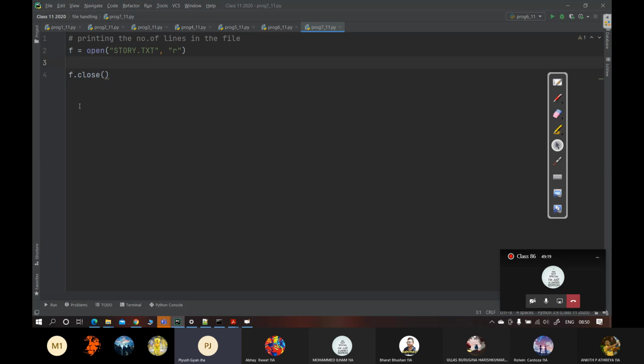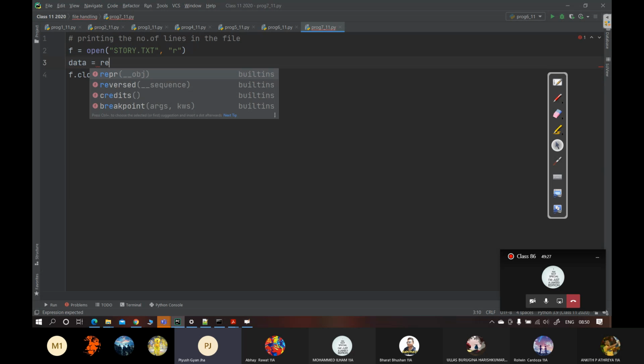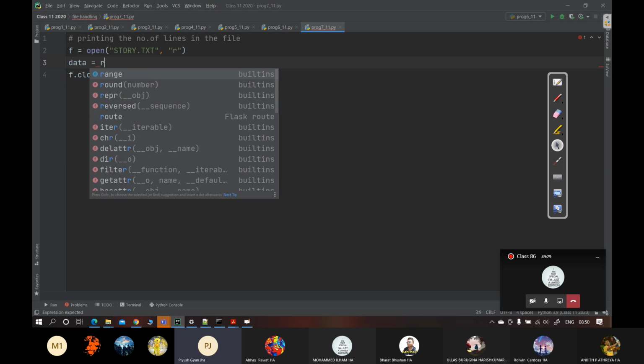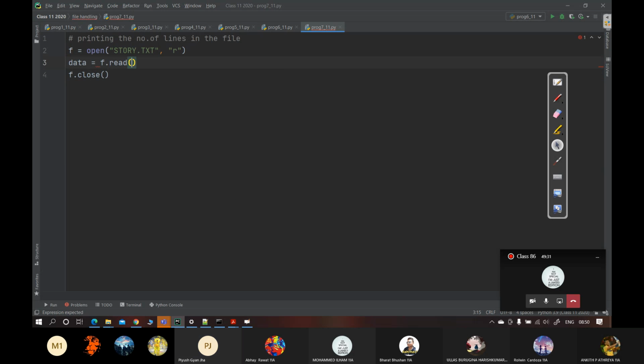What I will do is read all the content using the read method. So it will read everything in the form of strings. And then I will get all the words using